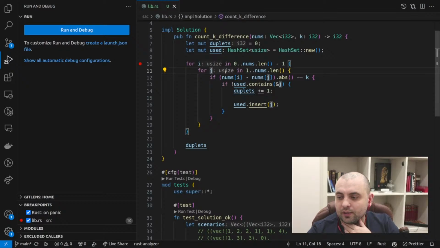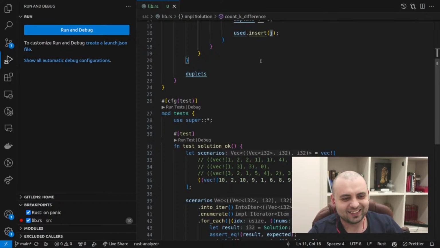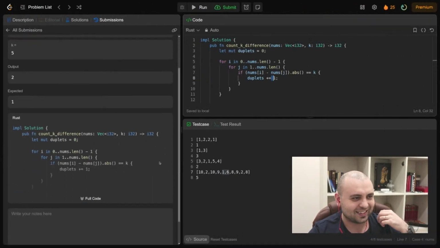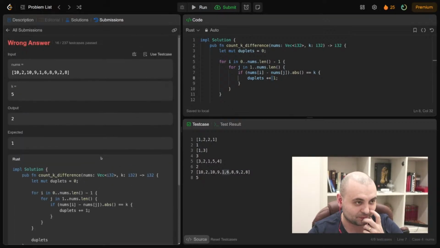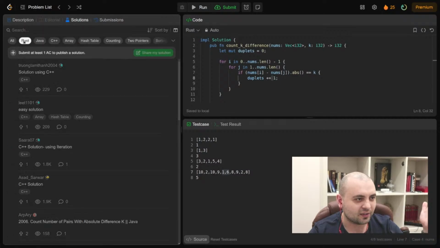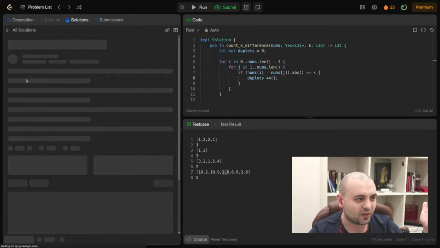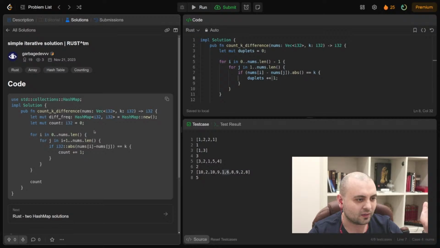Yeah, it's a little bit too late and I still cannot figure out how to solve this easy problem, which actually everyone else looks like they already solved. So, looks like we have 2 options. First option, to check the solutions. So, Rust. Okay, so they do it like, oh, so yeah,